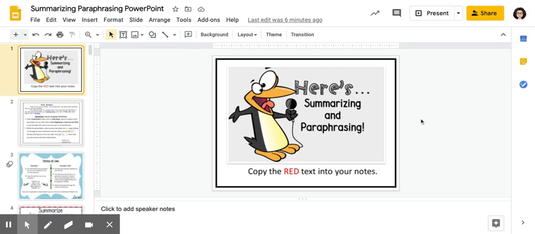Summarizing and paraphrasing is one of those skills that takes practice to develop. I mean, there's just no other way around it. The only way to get good at summarizing and paraphrasing a text is to practice, practice, practice. So that's what we're going to do today: we're going to revisit and take some notes on summarizing and